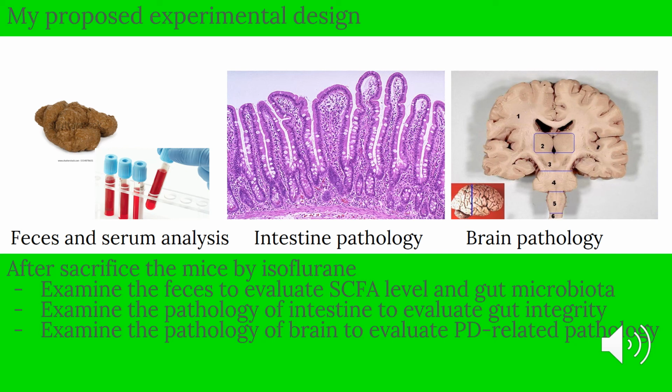So overall, we will have results of motor and non-motor symptoms of Parkinson's disease. We will have the short-chain fatty acid level in the feces. We will have the level of expression of the tight junction-related genes and the markers of neurodegeneration and neuroinflammation, which means that we can track the change of the mice from the beginning, from the biochemical level of pathophysiology, like short-chain fatty acid level, to the clinical presentation of the mice, which is the symptoms.